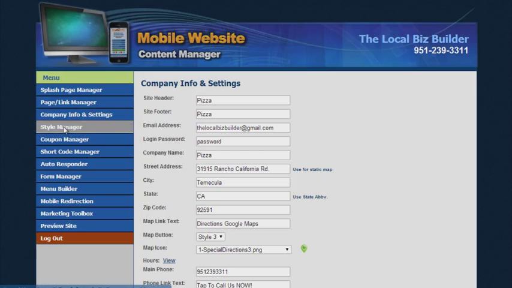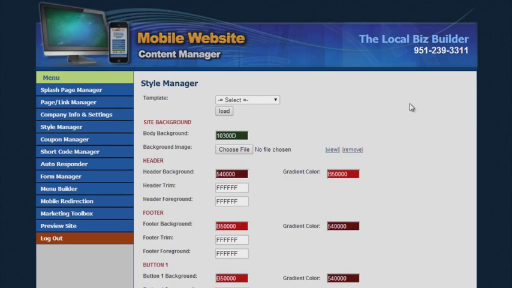The next big thing is really the style manager. Style manager is where you give the look and feel of your site. Generally, what I like to do is try to grab the colors from their existing website so there's a close match. I try to use all their images, some of their content, so they get the same look and feel. But if you don't have any of that and you want to get something going real quick,